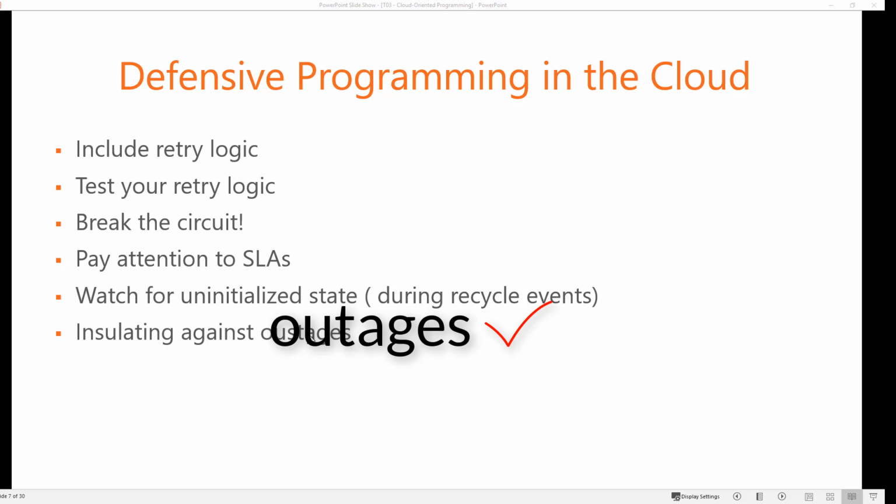The last and final example that I want to talk about as part of this video is, once again, thinking about insulating your code against outages. And in this example, I want to consider a service bus example. So service bus by itself is not